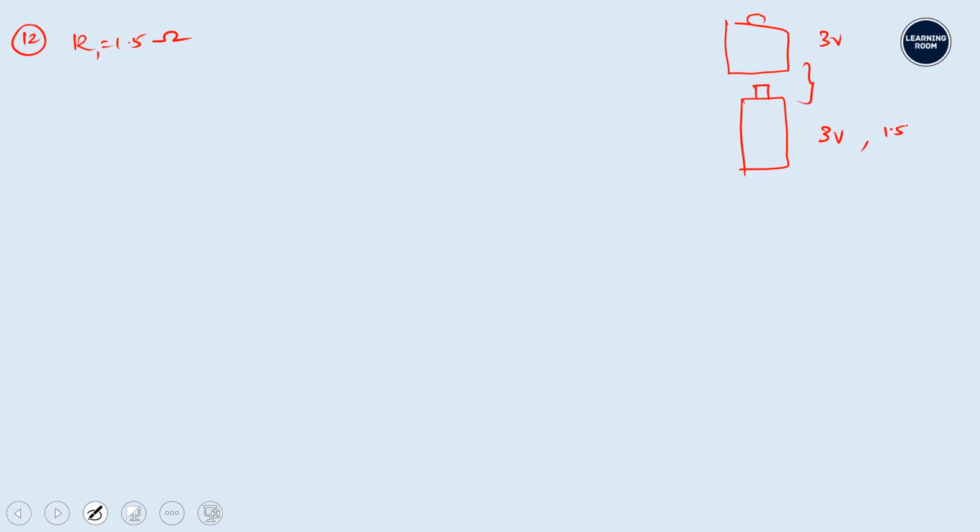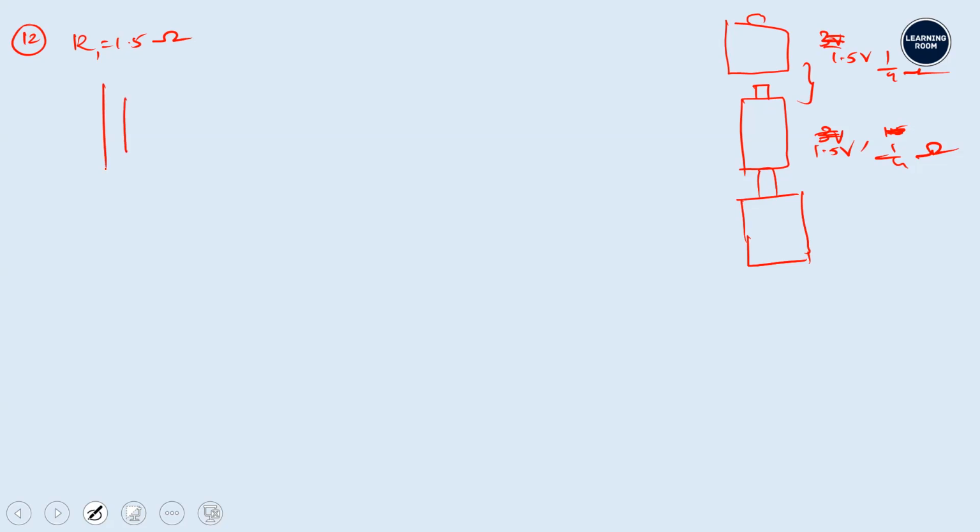So 1.5 volt. 3 batteries of 1.5 volt and internal resistance of 0.25, 1 by 4th. 1/4 of an ohm. Okay. What are we supposed to do? Okay, 3 cells. Potential difference across the lamp. Okay. So